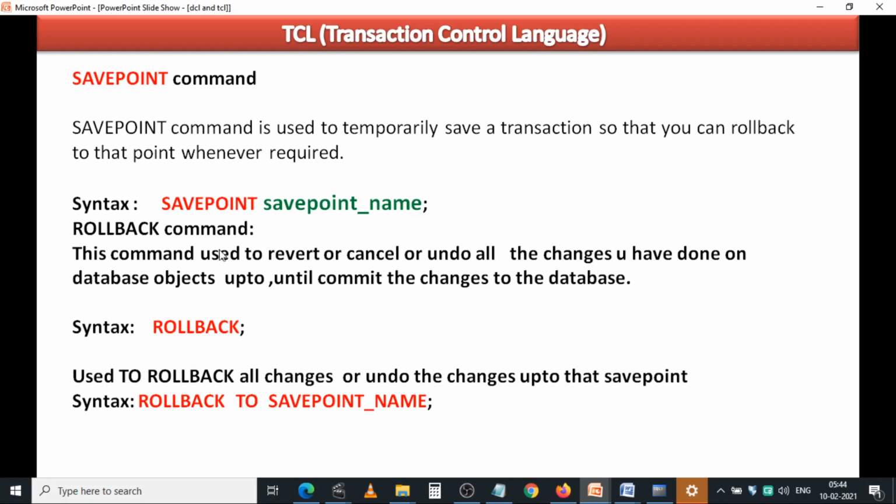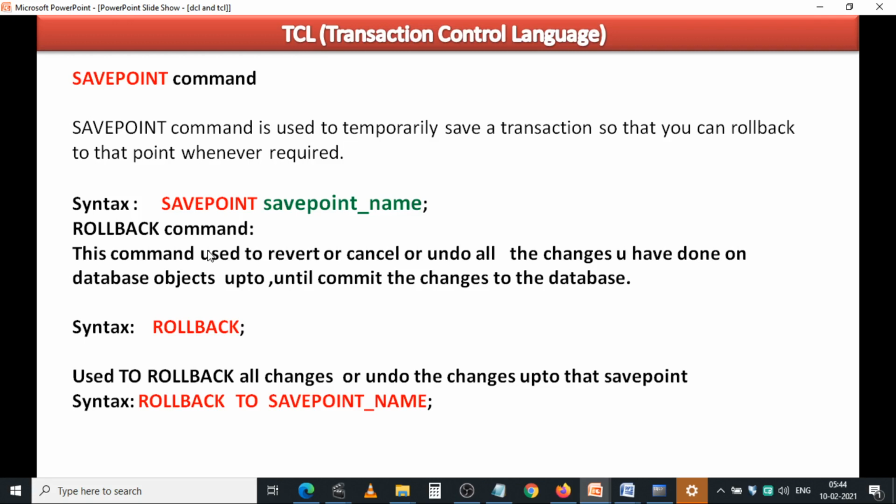Coming to the rollback command, the rollback command is used to revert, cancel, or undo all the changes you have done on the database objects until you commit the changes to the database. The syntax is rollback. Just type the rollback command at the SQL prompt. So what is the savepoint used for?